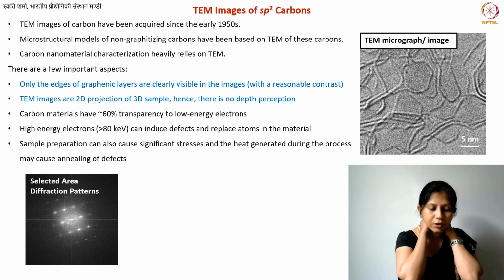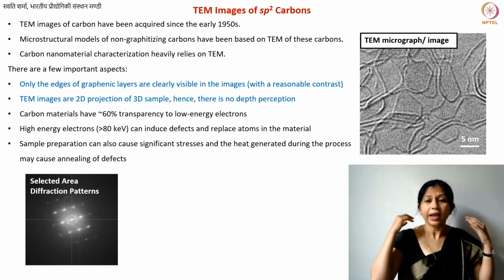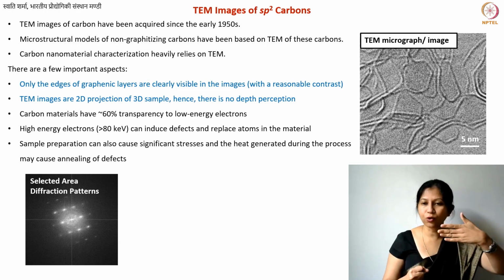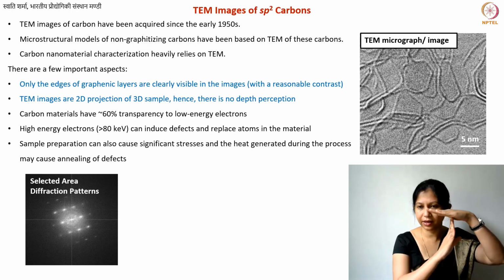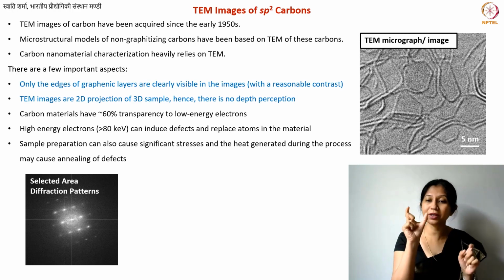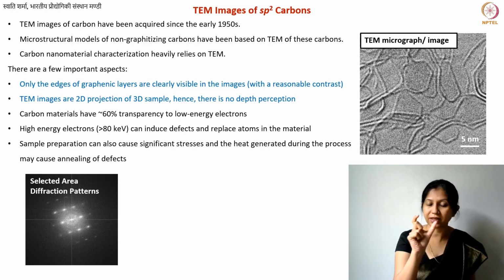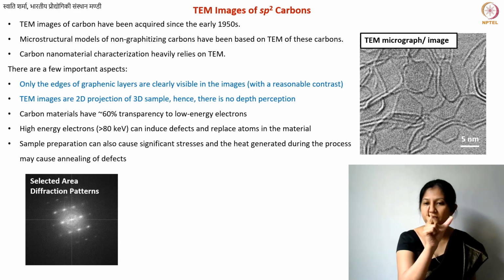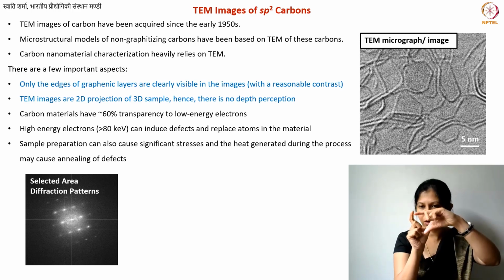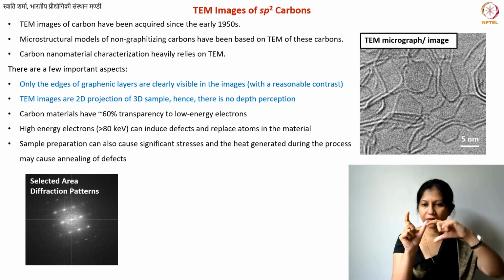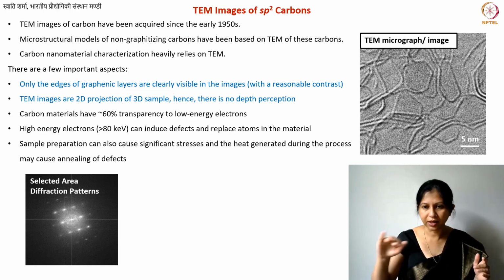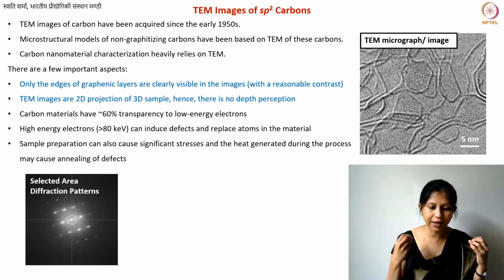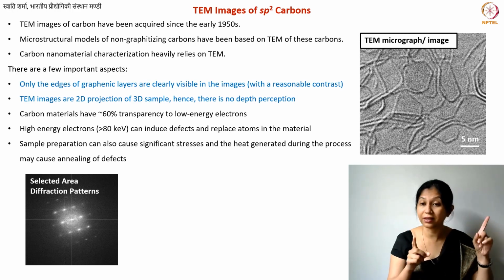Now, what people often do is what is known as indexing of diffraction patterns. Indexing basically means you will take two planes. What you see here are lines, they are planes, right? So you have one plane like this and another plane, let's say like this. You will measure the distance between two spots like this, and then also two spots like this. Not necessarily perpendicular, but these are the two planes. You will measure the lengths, and then you will find the ratio of the lengths.